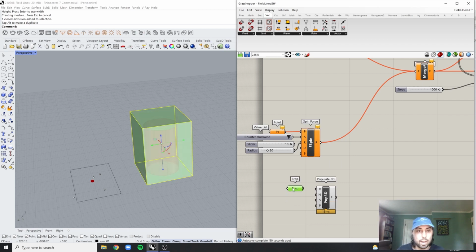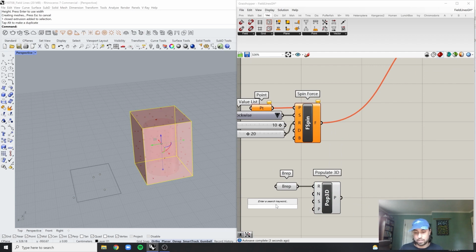Now within this populate, we're given 100 points to start out. I don't think we need that many. Let's just do like 15. And we can change that from here. And then we're also going to get a seed, which we can check as well later as another variable. Okay, so now we have